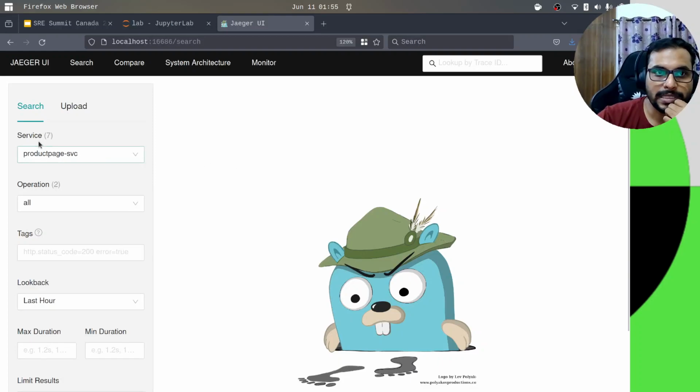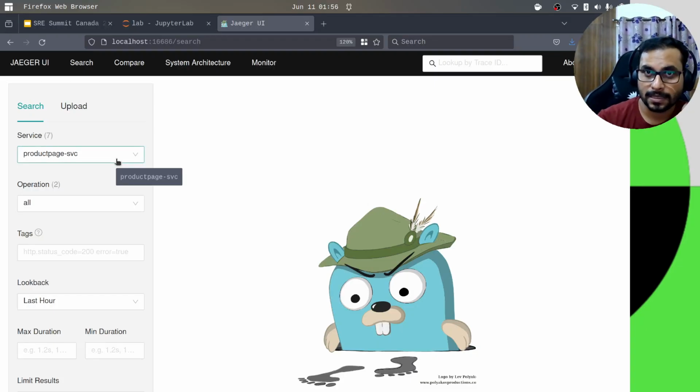So what you are going to see here is a list of services. Now in the world of traces and Open Telemetry, there is a concept of services, where each of your microservices or systems in your infrastructure that can be instrumented is a service, and it will have a unique service name. Now in our infrastructure there are 6 microservices, if you remember the architecture,